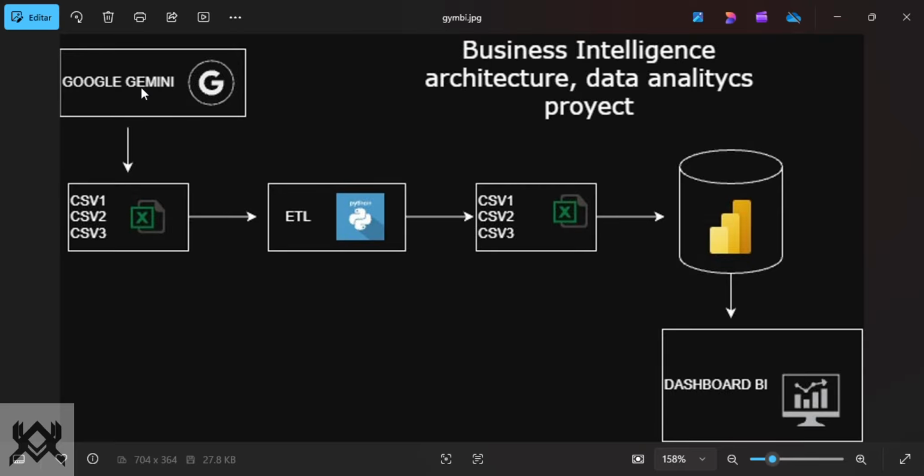But I believe you understand that when we put this logo, we refer to Google Gemini. Okay, right now I am going to go to Gemini to generate three CSV files.